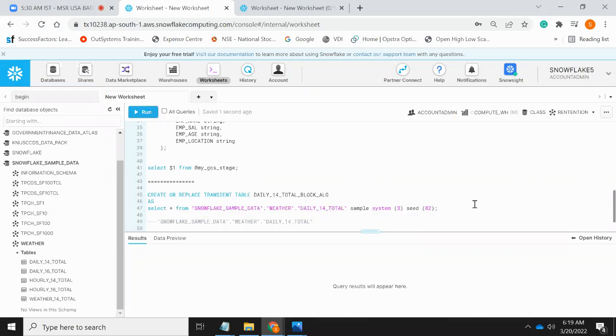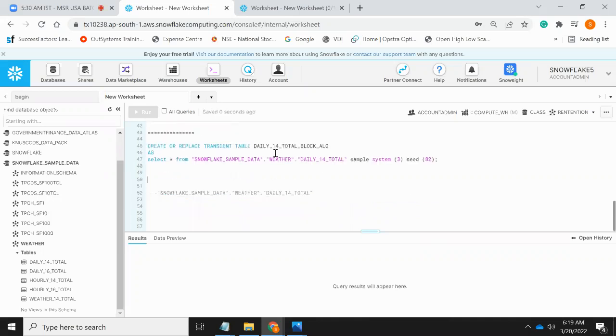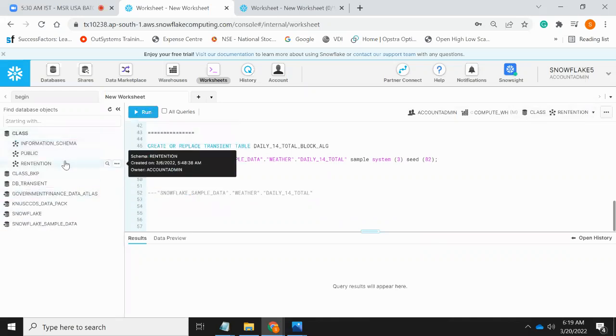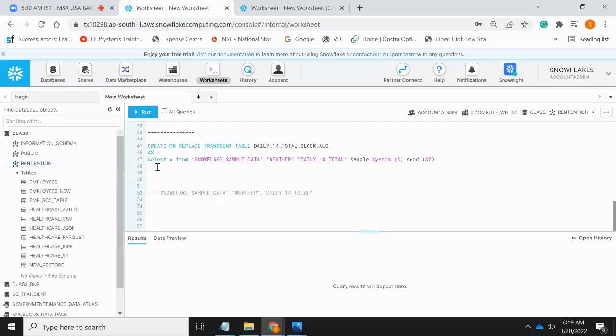When you are creating a sample, we are creating a new table, in this class database, in this retention schema, and we are picking the data from the sample data, and we are mentioning